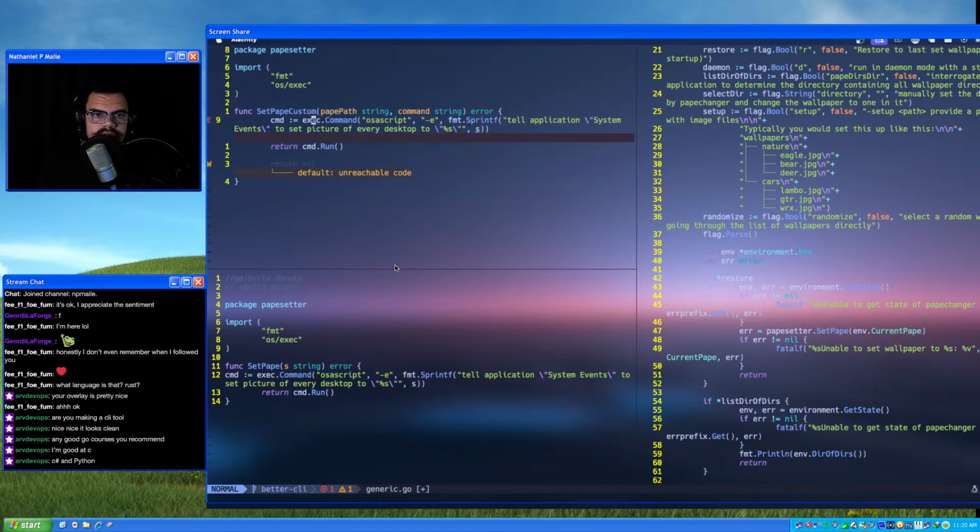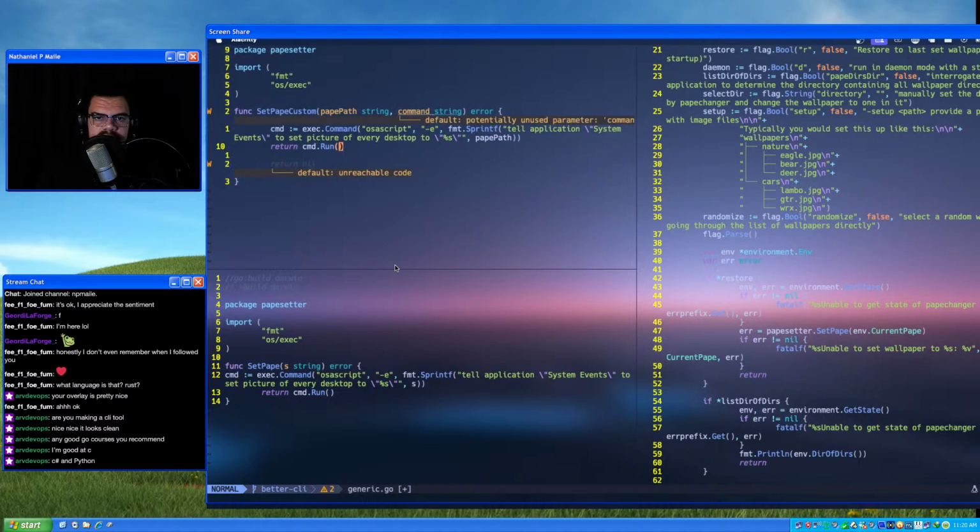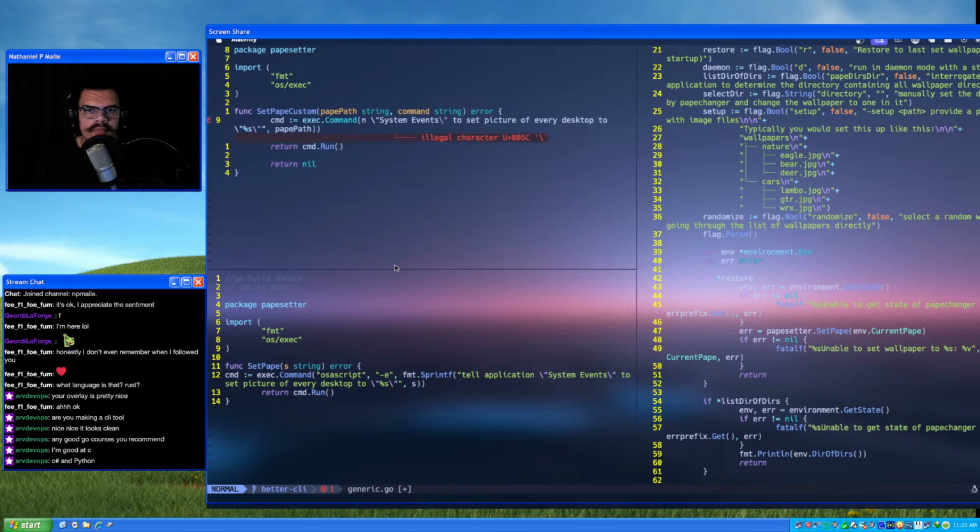And why is it still mad at me? Oh. So we'll just put in pape path, and then replace everything before the comma with the command.